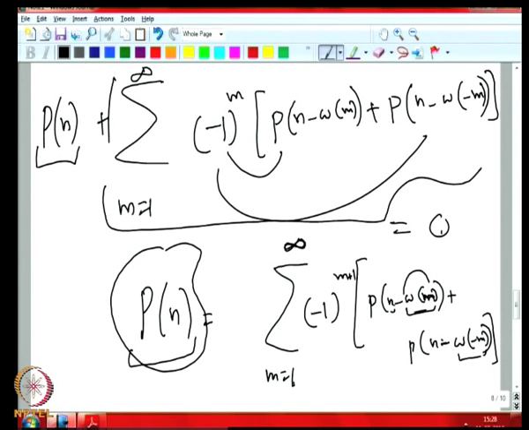When I am saying square root of n, some constant into square root of n, number of such values we have to evaluate p and then add them together, and multiply by the corresponding negative or positive sign, minus 1 raised to n plus 1, and add them together, we will get p of n, right. This is good about it.